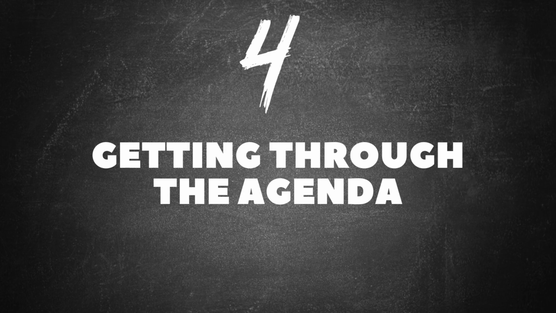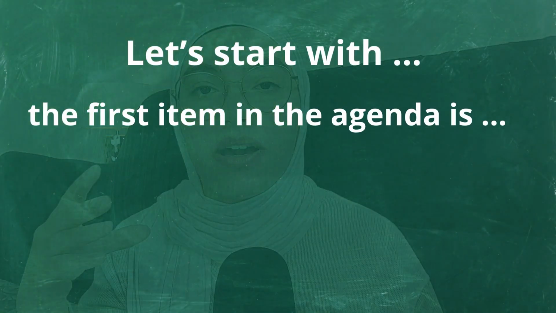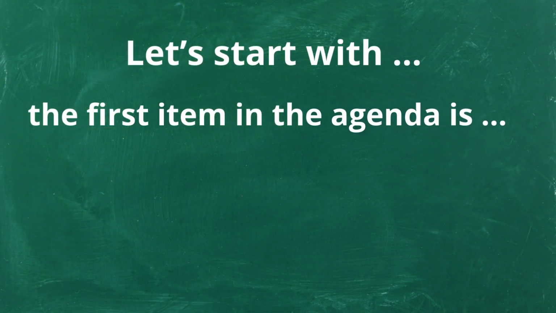Okay, really good. Now that you introduced the topic and outlined the agenda, you should start right away in the real discussion, all right? So the fourth step is about getting through the agenda. Getting through the agenda means going more deeply into all the subjects that we have to discuss, all right? Right here, it's the real thing. It's the real subject. Here, you can use phrases like, let's start with, or also, first item in the agenda is, and you can continue. Let me give you some examples.